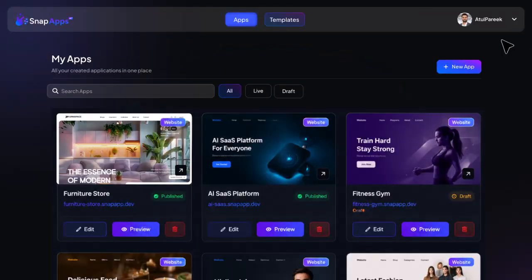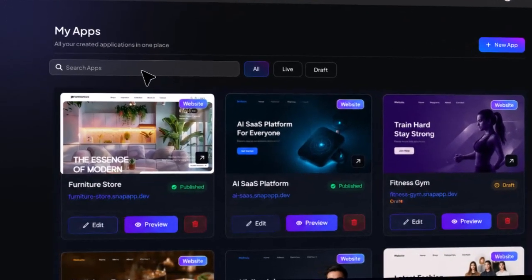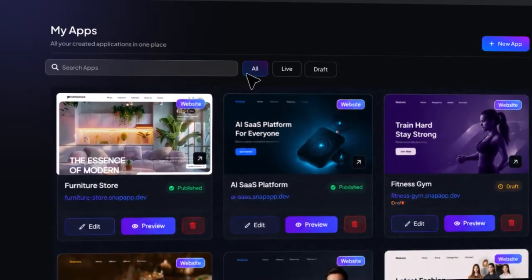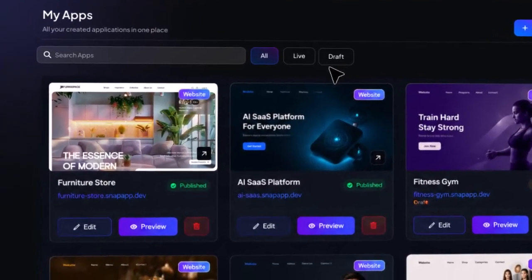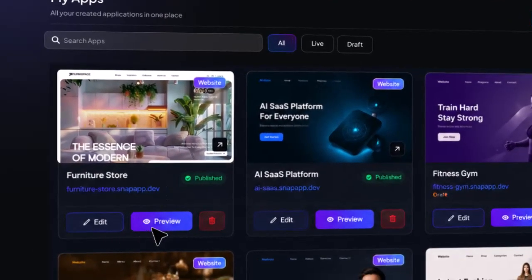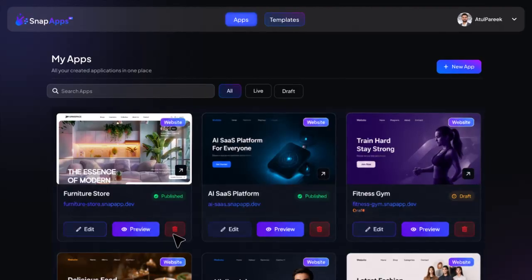Once your app is live, it's automatically saved to your My Apps dashboard, keeping all your projects organized in one place. Quickly find any application using search, or filter your projects by all, live, or draft. Need to make changes? Edit your app anytime, preview it instantly, publish new updates with a click, or remove projects you no longer need. Everything you build is always just one click away, ready to manage, update, and launch whenever